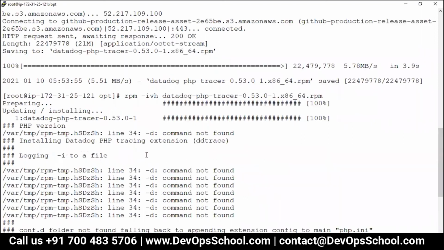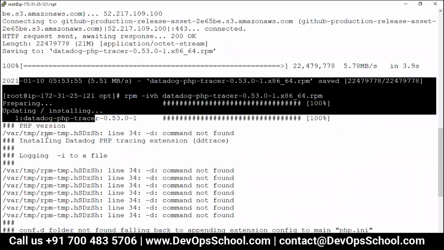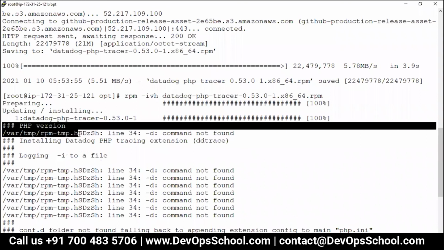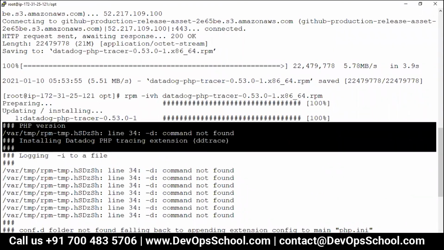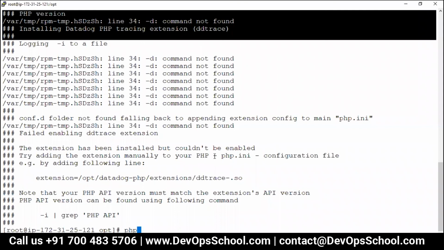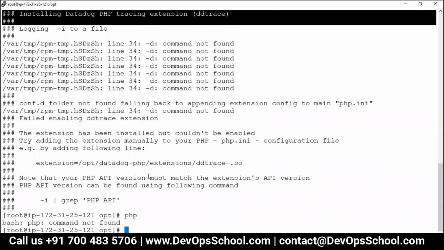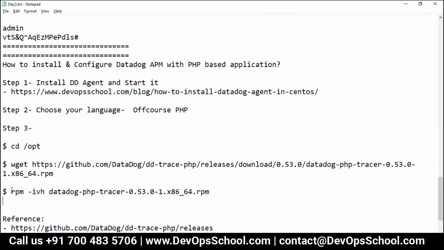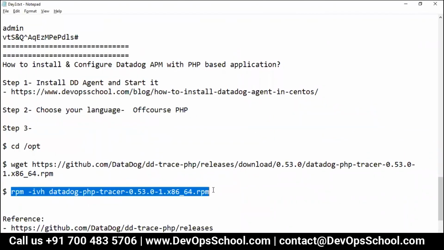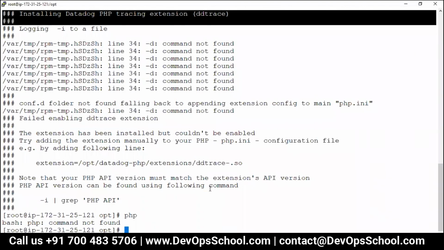Okay, so here there is a problem. Look at this here. What they are saying is this got installed, but PHP version is not found. PHP version is not found. Why? If you see here, PHP is not there. So for that, what could have been done? I will remove it one more time. Or you want to do it manually. I'm thinking, should I show you manually or not? Okay, let's do it manually.